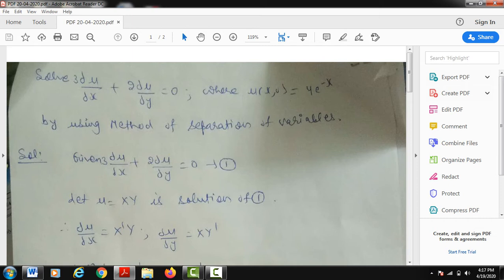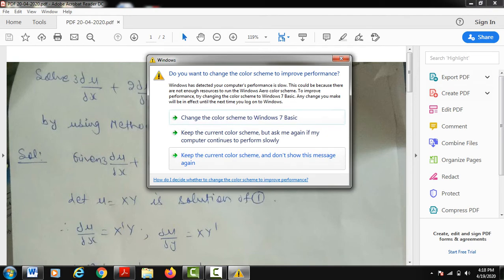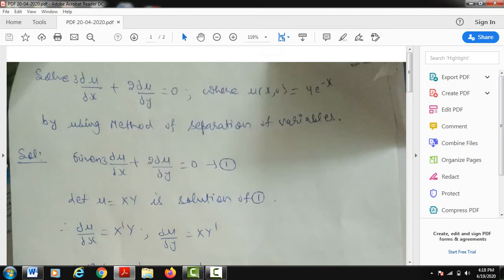In this lecture, the content is based upon the method of separation of variables. We will only discuss how the method of separation of variables works. Although we have done the derivations of the heat equation, wave equation, and Laplace equation by using this method, it is very important from the examination point of view. Sometimes a numerical comes, saying solve this differential equation by using the method of separation of variables. That's why I am stressing on this topic.